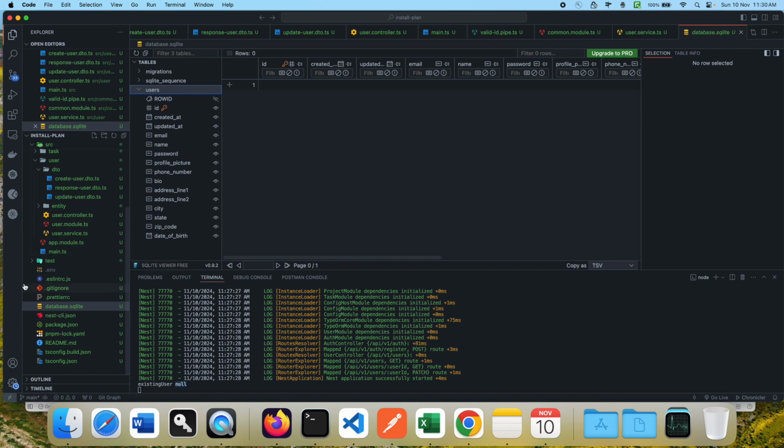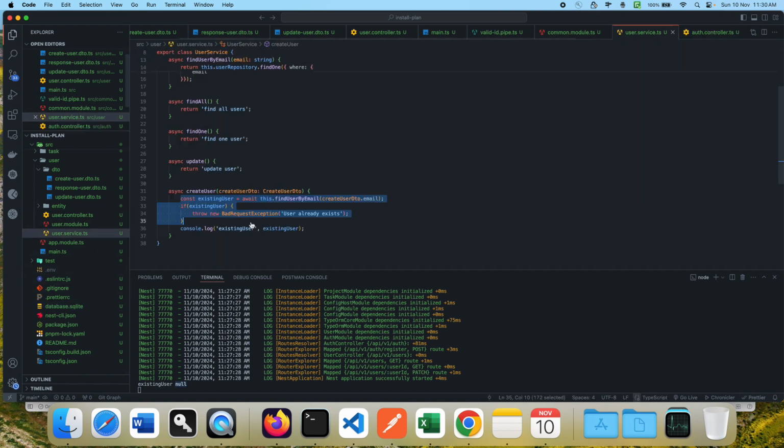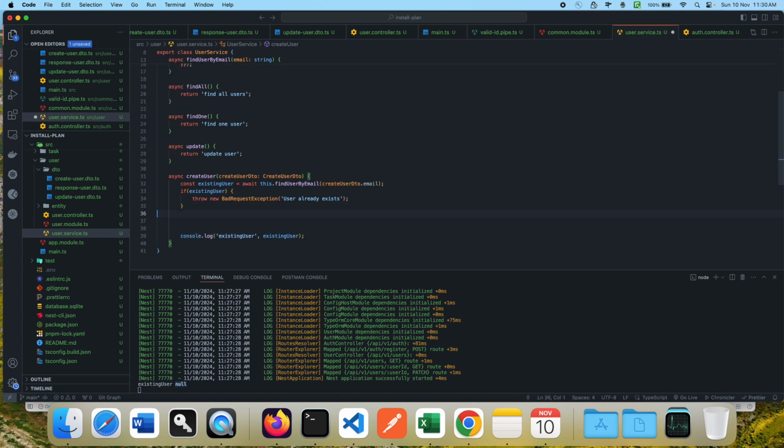Okay, so I'm going to close this, and I'm going to create one user now. To do that, I know this user doesn't exist, so it won't get into this condition. And then I can type here something like